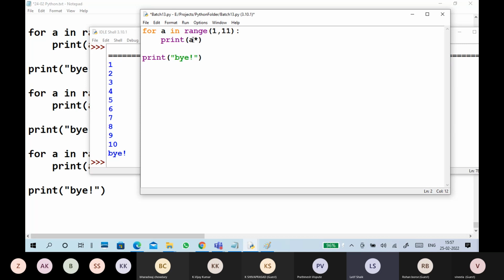A star X into second to... what will happen?